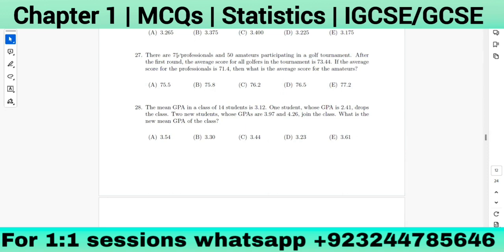We can say 75 professionals and 50 amateurs. After the first round, the average score of golfers in the tournament, average score means X bar 1. If the average score of the professionals is X bar 2, what will be the average score for the amateurs? So this is the information that we have. Now, the average score for the golfers in the tournament is 73.44, which is equal to